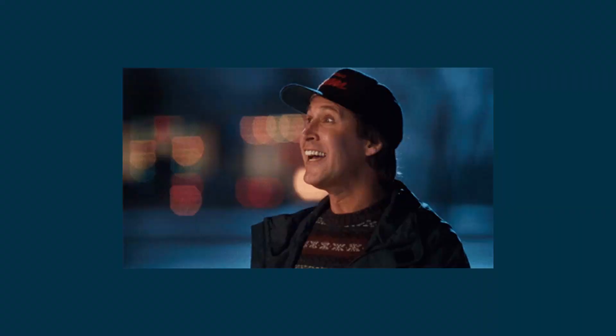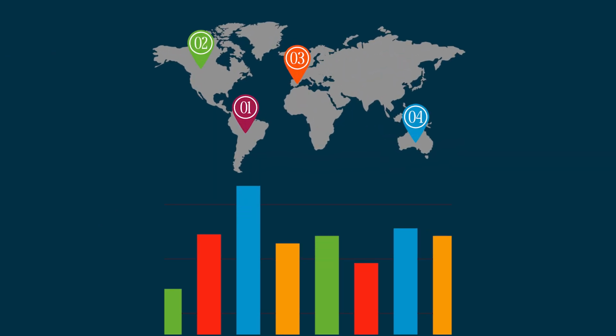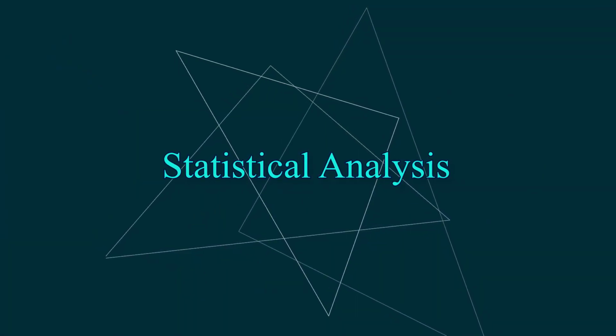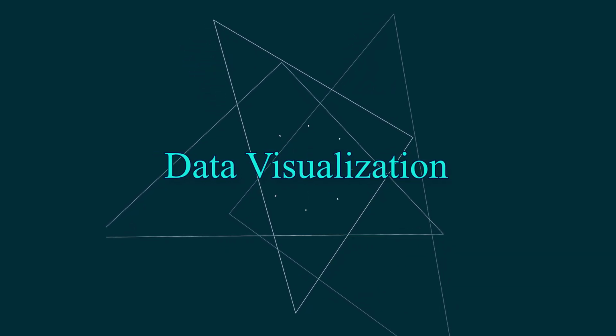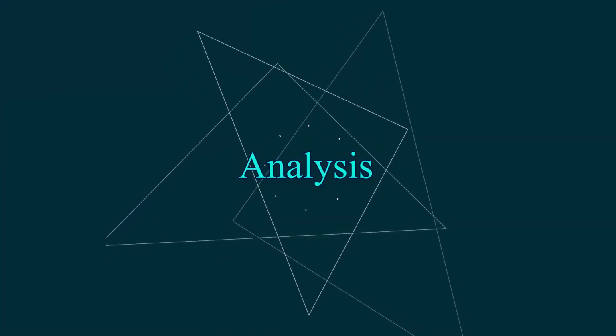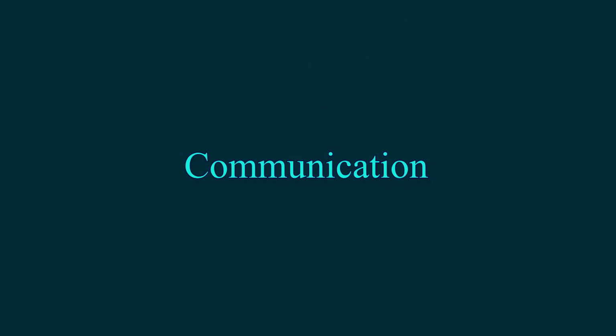Welcome to this channel. In recent years, you must have heard all these buzzwords like artificial intelligence, machine learning, neural network, Internet of Things, and whatnot. And you must have wondered what these are all about and how they are really affecting our life. Everything has to do with data science. It's basically the collection of a large amount of data and then processing that data to take out relevant information with the help of different techniques, let's say statistical analysis, machine learning and data visualization. All this involves collecting a large amount of data, then cleaning it, analyzing it, interpreting it, and then communicating it in a proper channel.